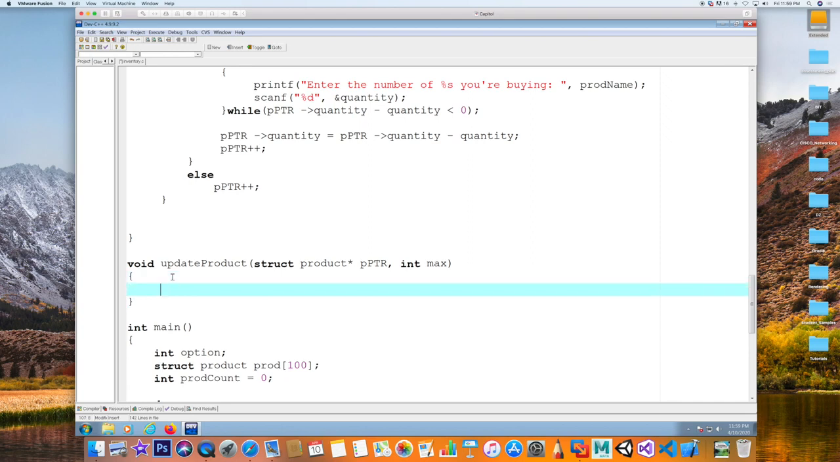For now, I'm just going to printf update under construction. And the reason is I wrote enough code to test my program right now to make sure the switch works. Okay. Update under construction \n. Okay. And let's see how this behaves. So let me save,